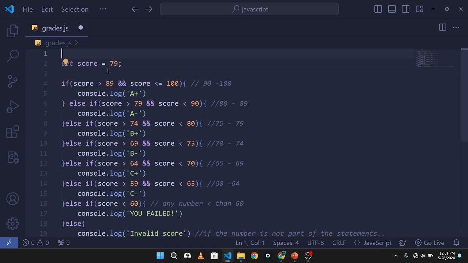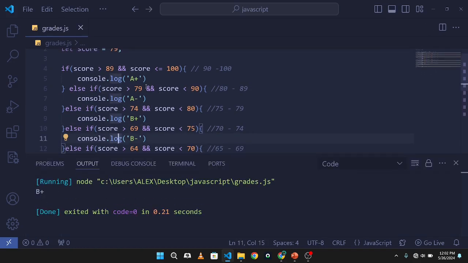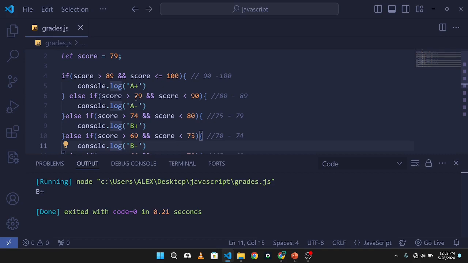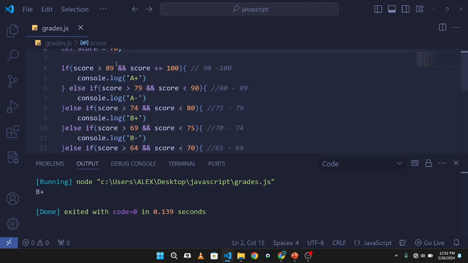Now let's try the scores right here. 79, if we run this, you can see B plus. Sorry, if you get 79, you get B plus. If your score is more than 79, also less than 90, that is going to be B plus. Let's say 80, you are going to get, so if you get 78, it's going to be also,